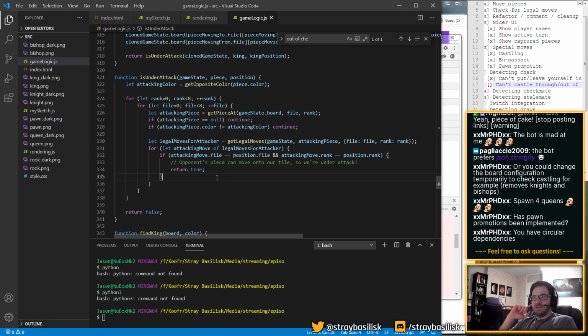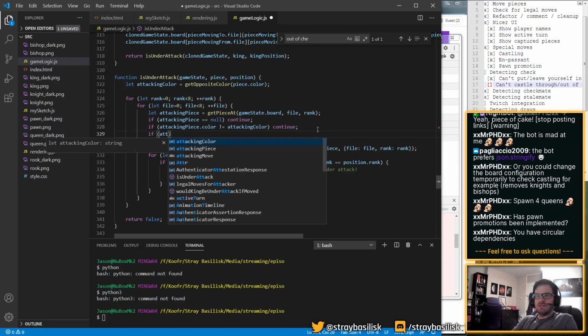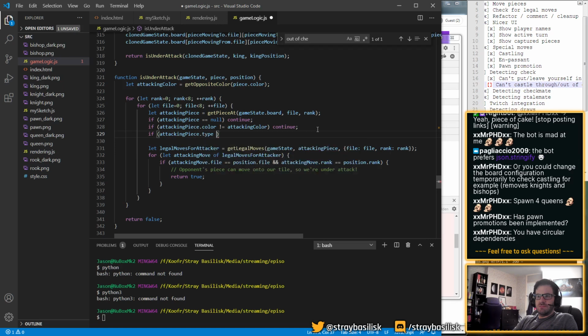So we could avoid that circular thing there, I think, by doing that. But that feels a little bit... Right, so we could just do this. I don't like that because it means that this move is no longer like general purpose, right?